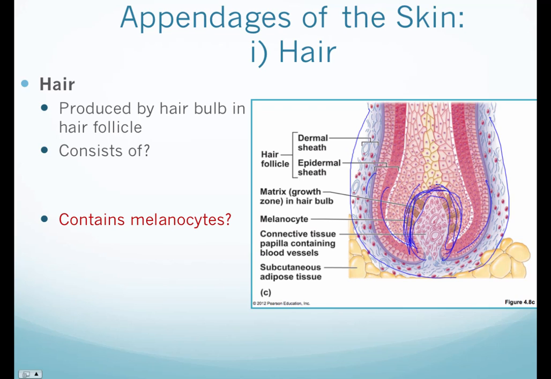And so just like our skin, as these mitotically active cells grow and divide, what's going to happen? It's going to start pushing up all those cells towards the surface of our skin. And what happens? Will they still be alive or dead? They'll be dead, right? Eventually they're going to die. And so here we have all of our blood nutrient supplies and oxygen coming up. And then as these cells get further away from our hair bulb, they're eventually going to die. Alright, so produced by hair bulb, and the hair follicle consists of hard, keratinized epithelial cells,